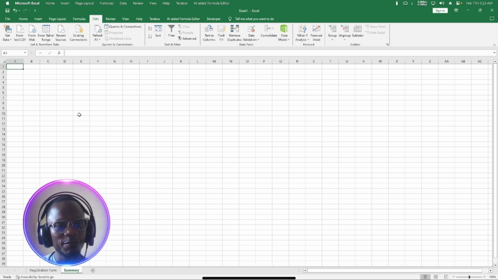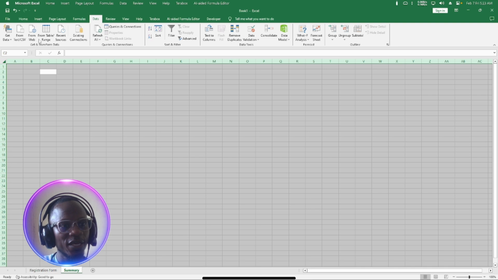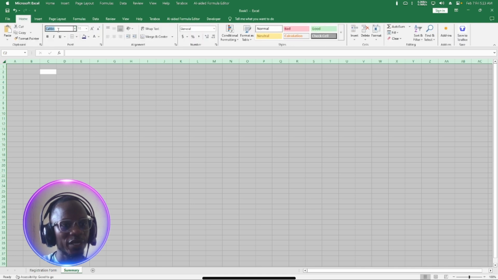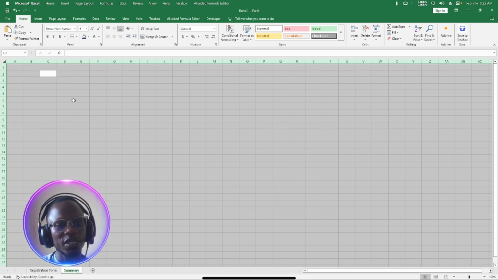So after that, what I'll do is come here and type all that nicely. Let's look at that. I'm going to hold Ctrl+A, click on the Home tab and select Times New Roman. Font size again, I'll make it 14 to look good. Then I'll move to cell E2